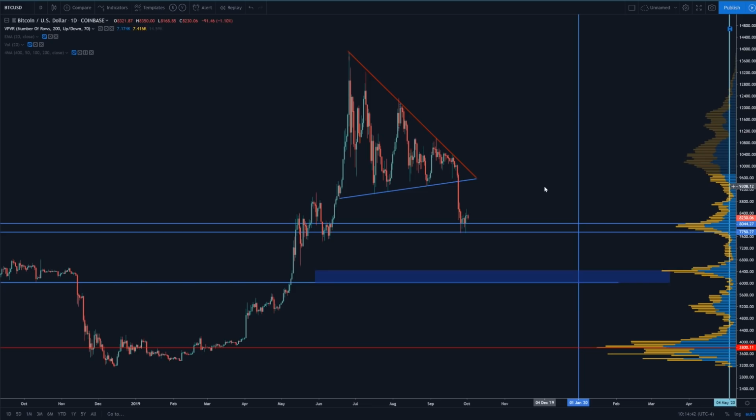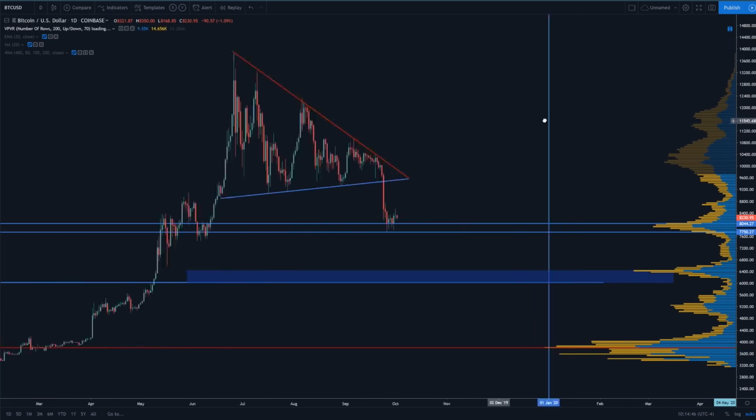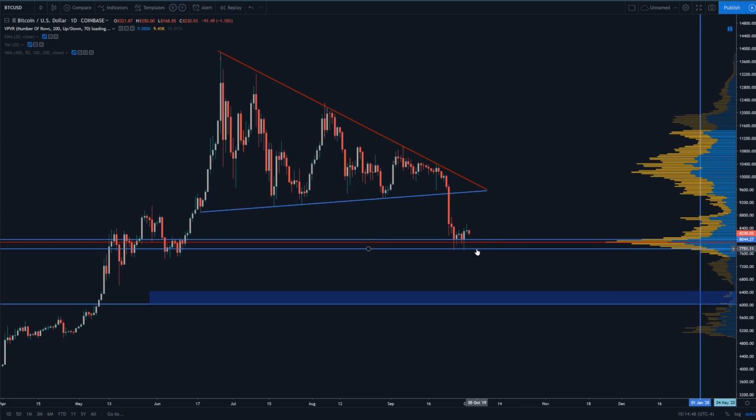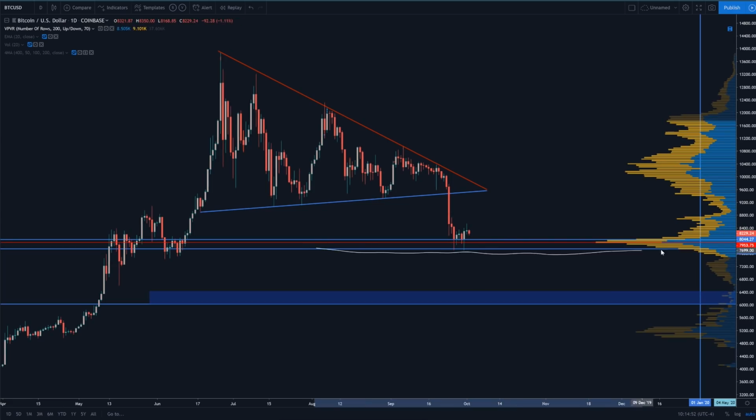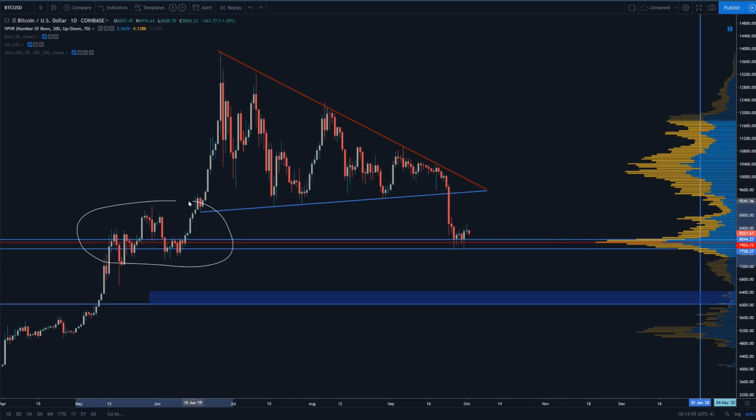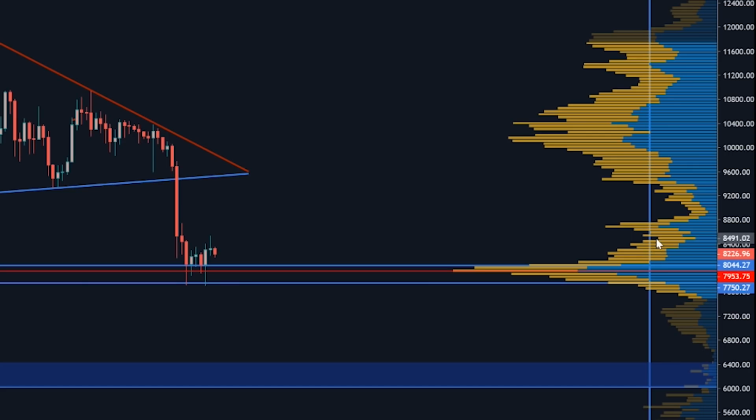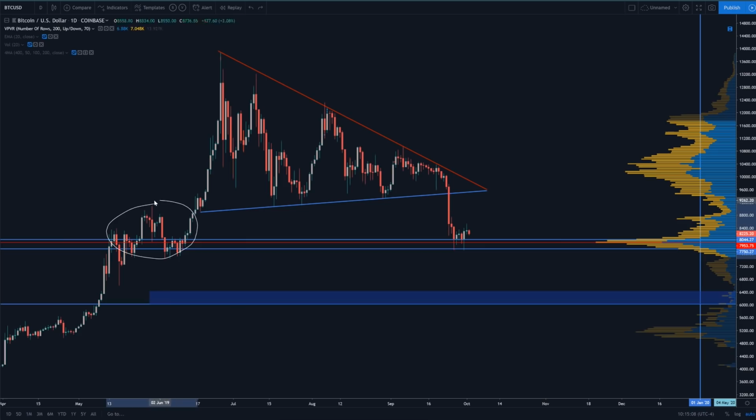Now guys, we've discussed levels of support on Bitcoin quite a lot recently, but I'm going to go over it briefly. First of all, the main level of support that we're looking at is $7,750. The reason for that is, as you can see on this horizontal line, that is the bottom of a major VPVR spike that is getting bigger by the day because we're still trading around these levels, that was built with this price action over here. As we can see, guys, there's a big spike on the VPVR, and the reason that's there is because of all of this trading. And what that means is that we're finding a lot of support at $7,700 to $8,200 in this kind of zone that we've drawn with our support lines.